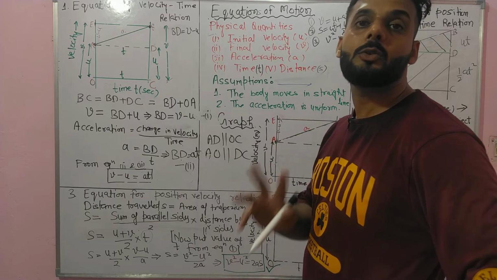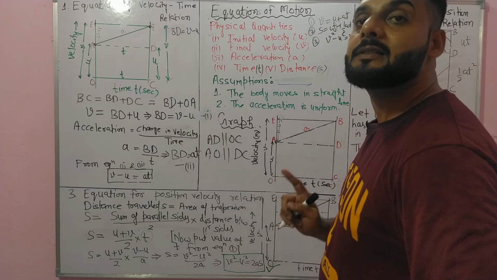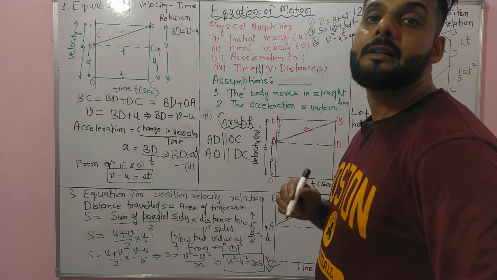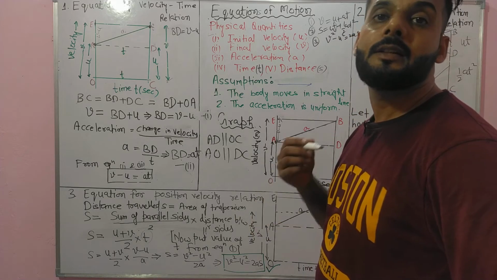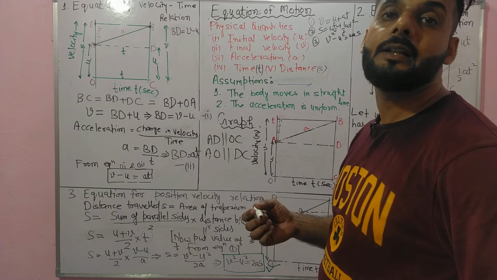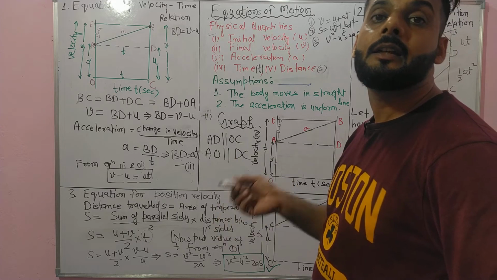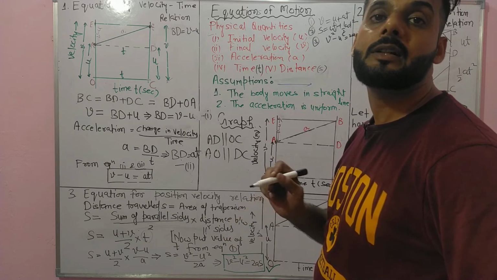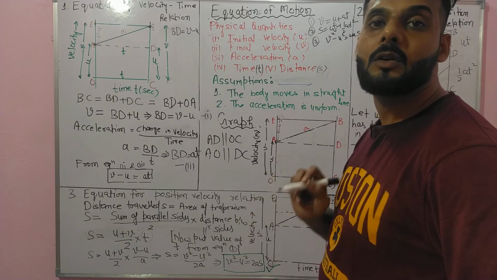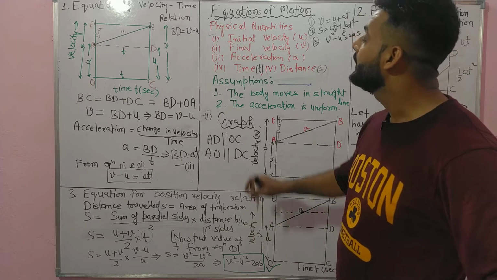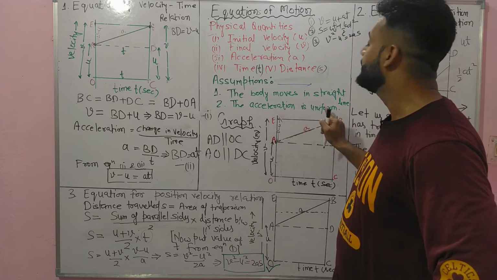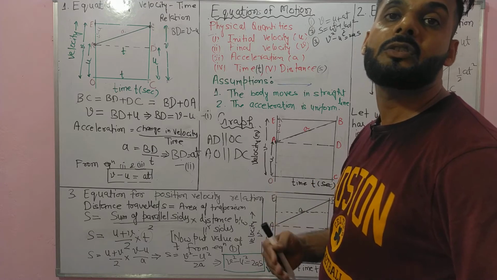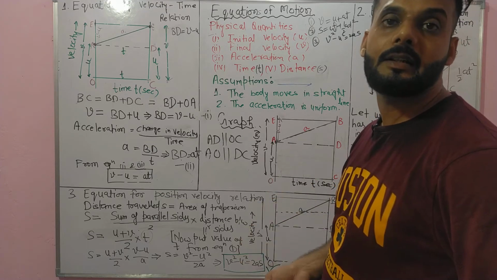हमारे पास क्या है? 2 assumptions हैं. फर्स्ट assumption क्या है आपका? द बॉडी मूव्स इन ए स्ट्रेट लाइन. इसका मीनिंग क्या है कि अगर कोई बॉडी स्ट्रेट लाइन में मूव कर रही है तो उसका डिस्टेंस और उसका डिस्प्लेसमेंट क्या होगा? सेम ही होगा, बिकॉज द डायरेक्शन इज द सेम. ओके. नेक्स्ट वन क्या है? द एक्सीलरेशन इज यूनिफॉर्म. द एक्सीलरेशन इज यूनिफॉर्म मीन्स द वेलोसिटी इज इंक्रीजिंग linearly.